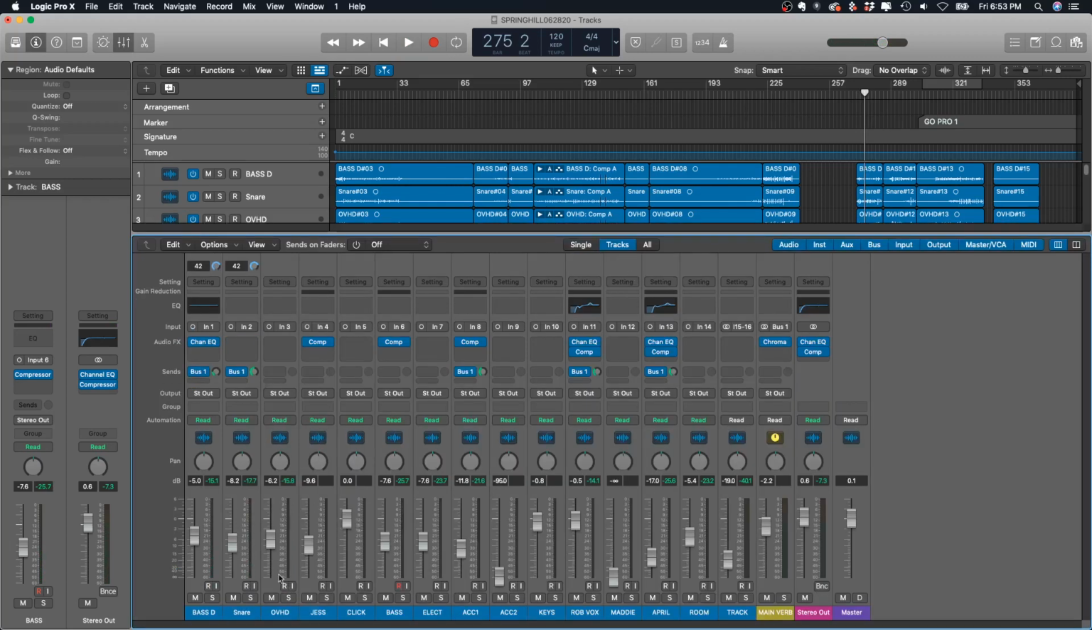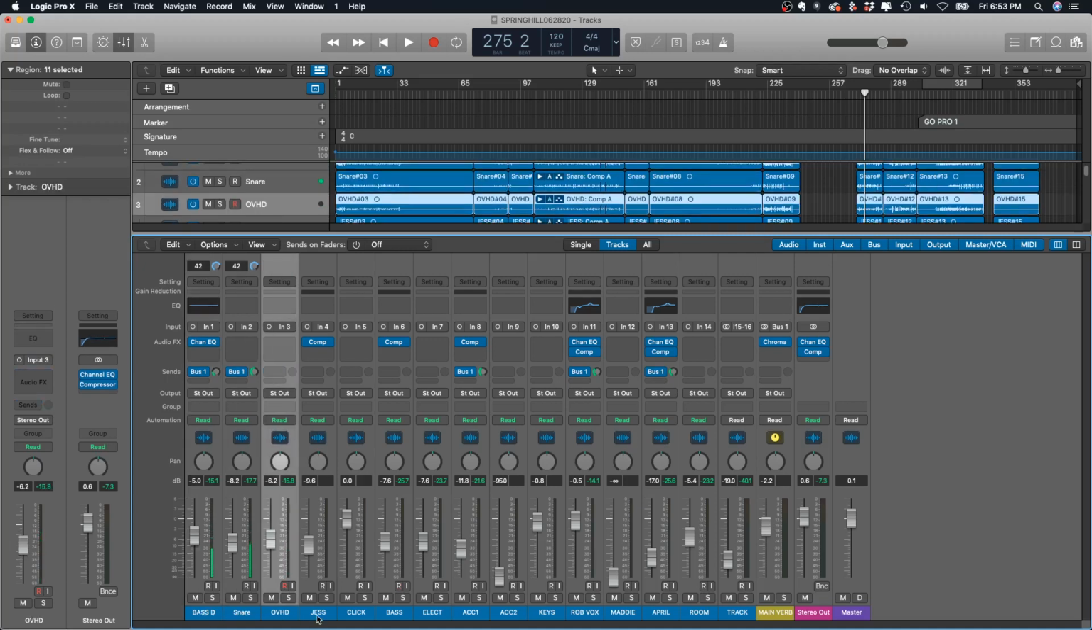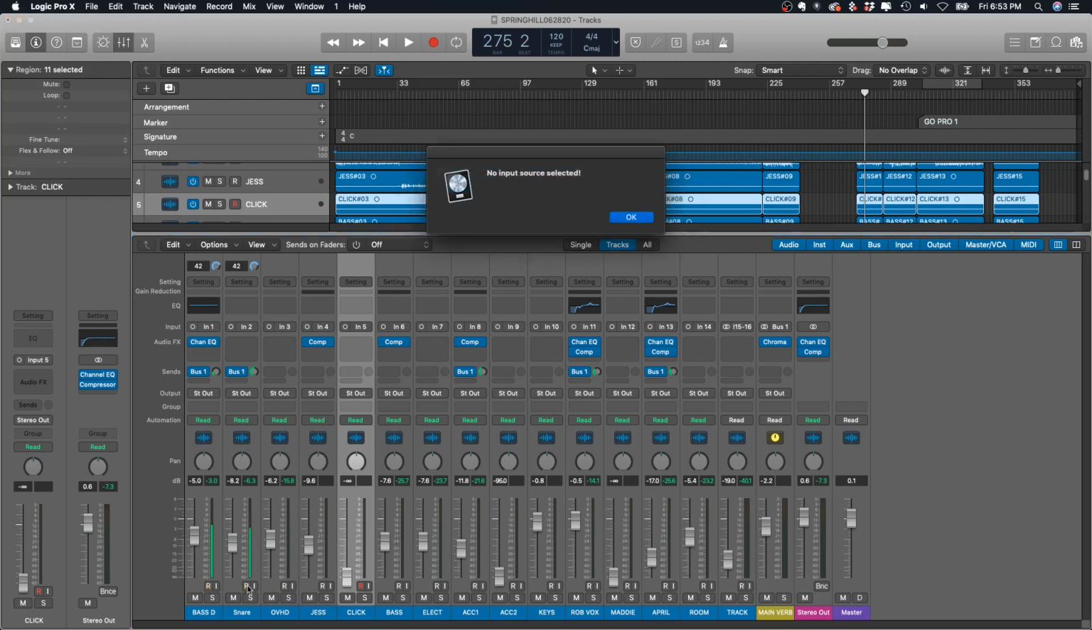Now, underneath here, you're going to notice you have your bass, your snare, overhead, Jess, the pastor, and the click track, which we're really not using, so I'm going to turn that down. Use your mouse just to turn up and down. When we first start, you're going to want to record enable all the tracks. You notice how now you can actually see